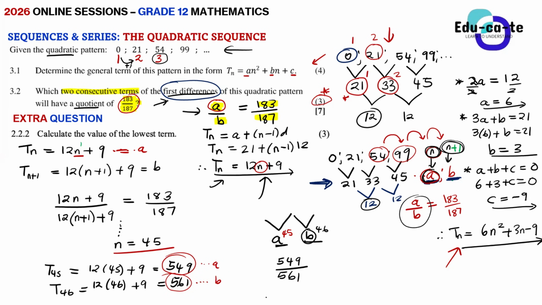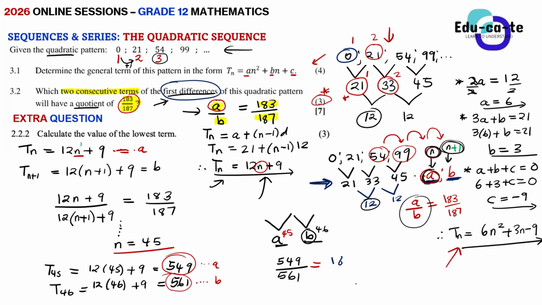Simplify this using your calculator. Just punch it into the calculator and tell me, what does it give you? It's 0.9786, but if you make it two decimals, 0.98. Okay, can I have a fraction version of it? Doesn't it have a fraction version? Oh, it's 183 over 187. Yes, it's exactly what we were given. It must be, Vel, 183 over 187.